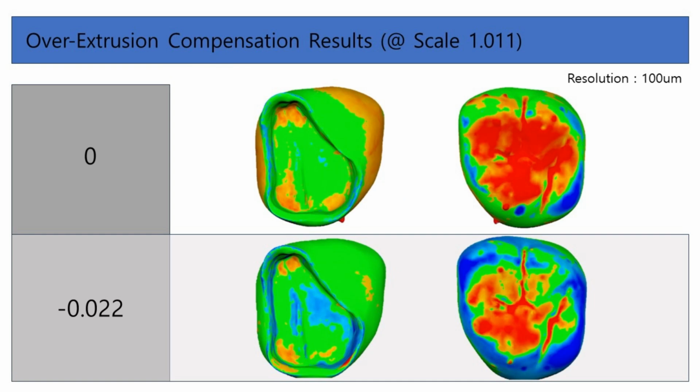The first crown at the top was printed with an expansion scale of 1.011 without applying overextrusion compensation. It visually represents the presence of overextrusion issues. The second crown at the bottom was printed with the same expansion scale but with overextrusion compensation applied. This crown shows resolved overextrusion issues, indicating the effectiveness of overextrusion compensation. However, it's important to note that both crowns still exhibit errors in the occlusal surface, highlighting the need for further